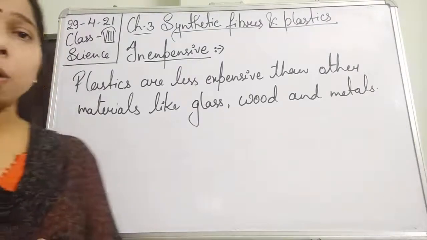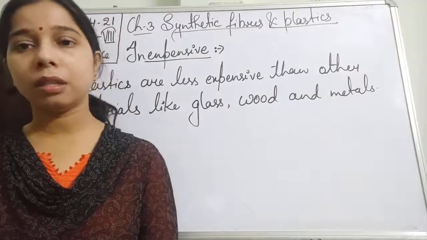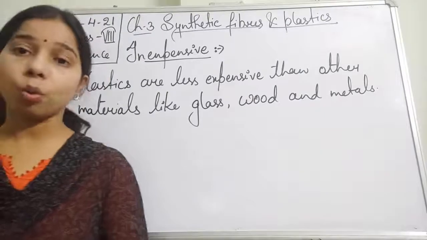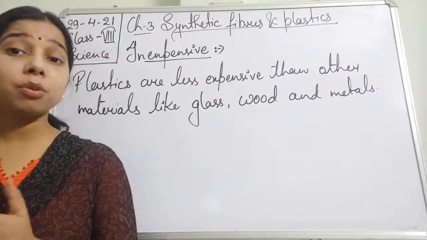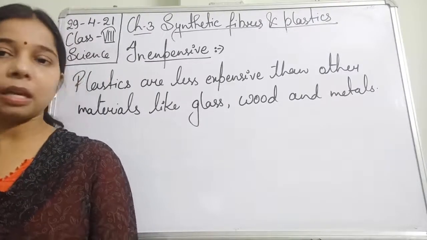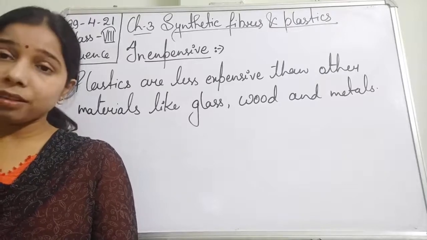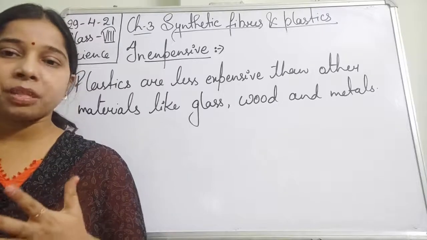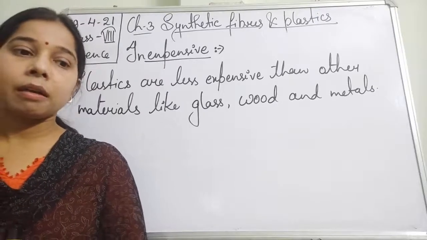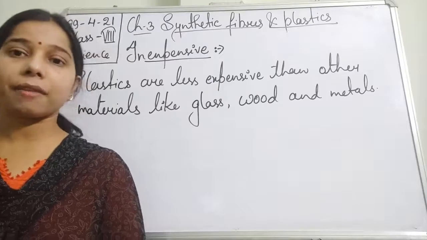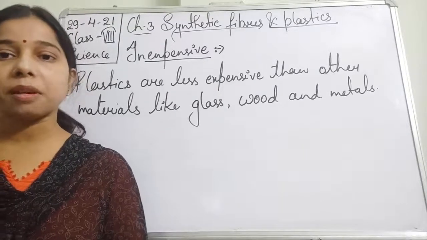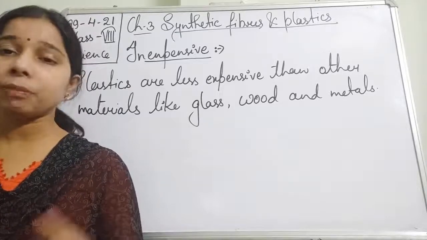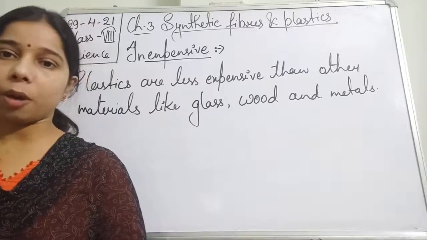So this is all about the properties. We have seen that they are resistant to chemicals. It means they do not get corroded if we keep a chemical in them, because they do not react with the chemicals. Second thing, students, is that they are quite strong, meaning their strength. They are harder, they have strength, and due to which they are used in making different parts of machines, even replacing metallic objects.